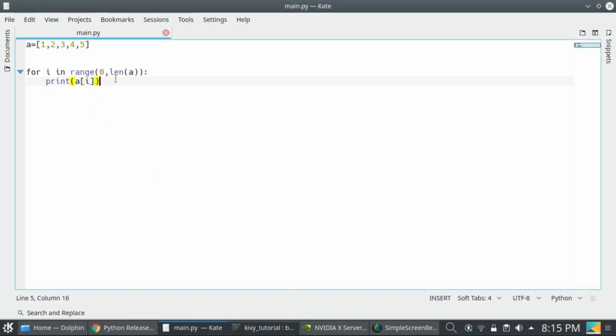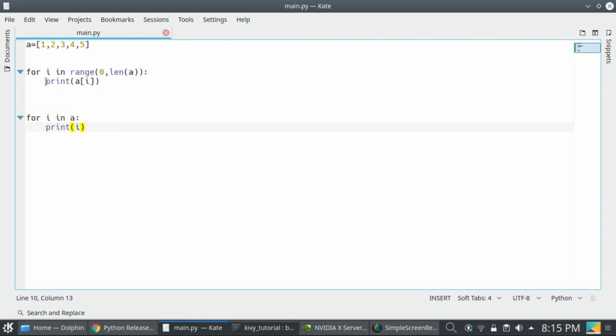Now you can also access the values of the list in a for loop, for i in a. Here a is my list and i is taking each value from the list a. So I can print i.